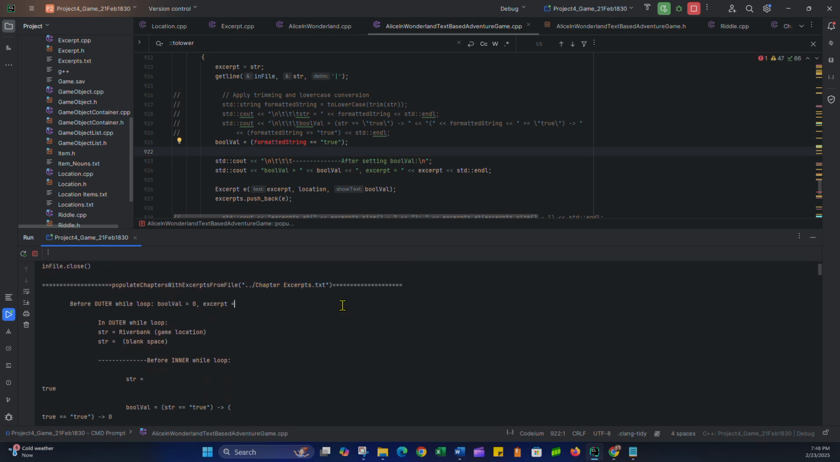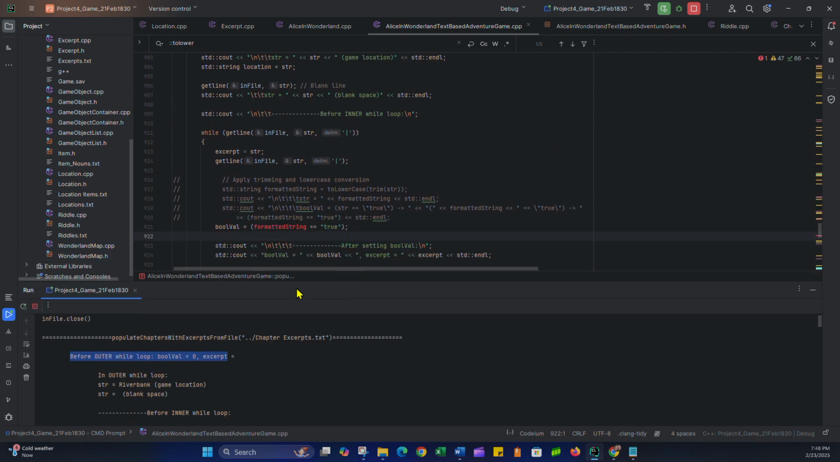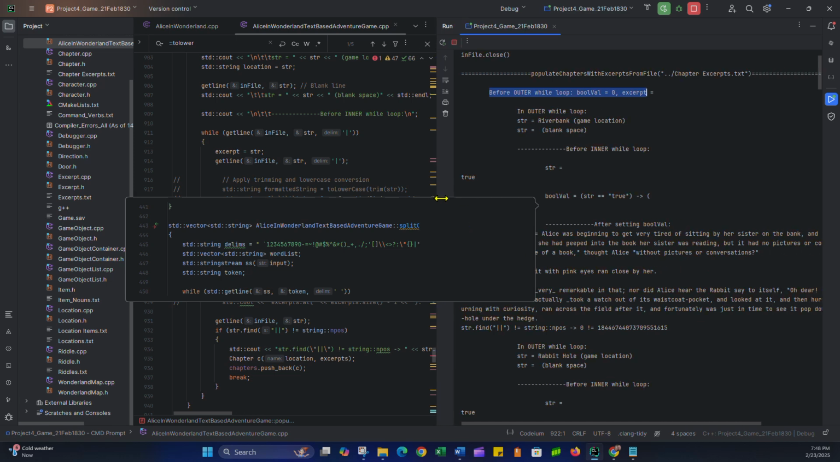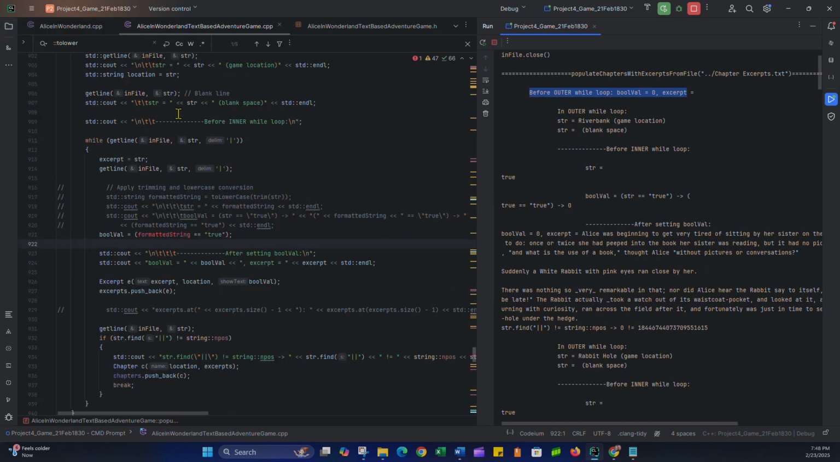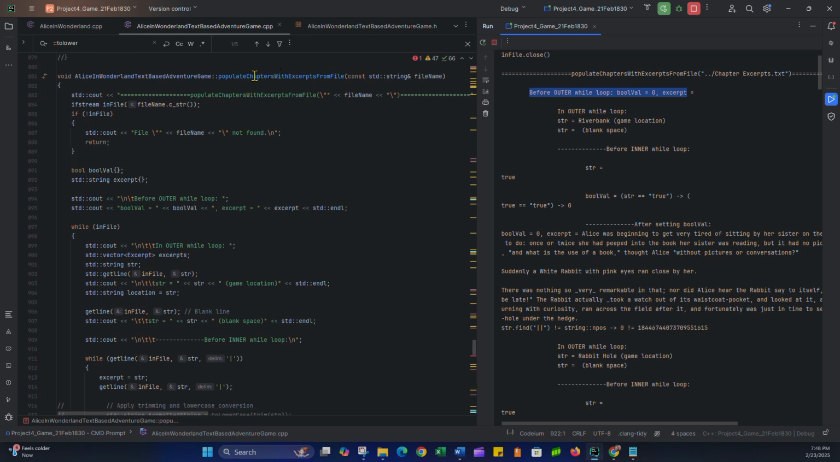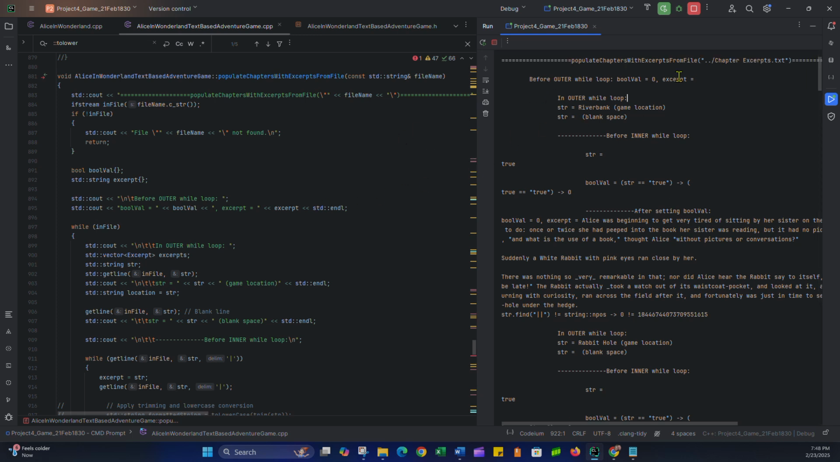Basically, after doing my print statements and coming into this method, I did some print statements before the outer loop. The outer loop in this method being, well, let's just go down here. So, the outer loop. This is the method here, populate chapter with excerpts, which is what this line indicates. We're in this function. And what was happening was, before the outer loop,